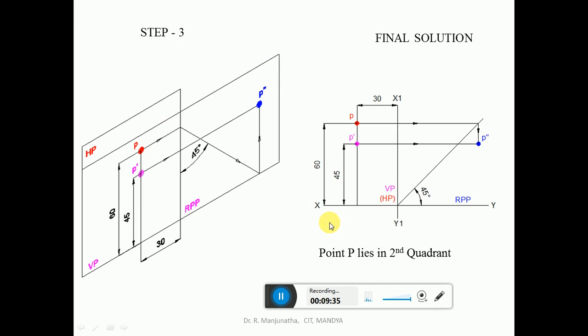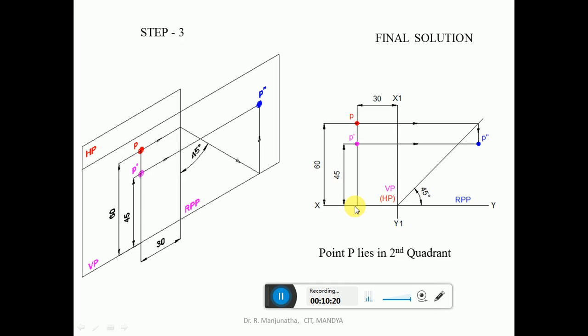Now we are going to consider how to solve the problem in a sketchbook. First we draw the XY line and X1 Y1 line and mark XY and X1 Y1 with thin lines. Then mark VP and HP in bracket, because HP is the plane which has been rotated, because both planes are overlapping here. The right profile plane will always be adjacent to VP. So we are going to write the right profile plane here. The distance behind RPP is seen in VP and also on HP. So from the X1 Y1 line, you measure the distance of 30 mm and draw a vertical projector, which is a thin line.